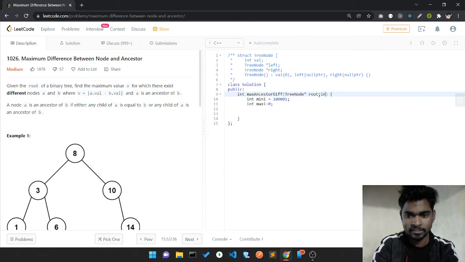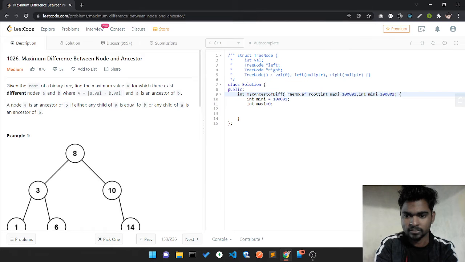I'll mention here int maxi is equal to 1 2 3 4, and int mini is equal to 1 2 3 4.